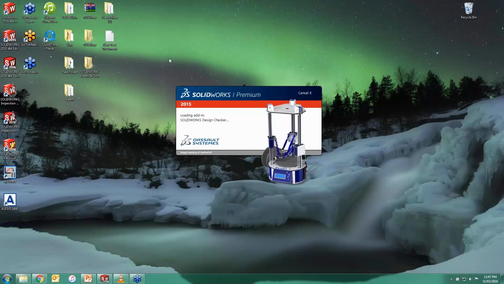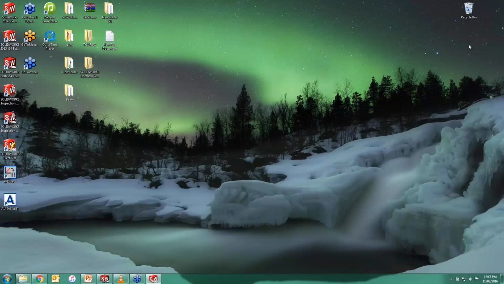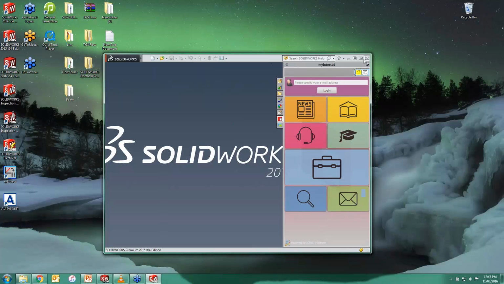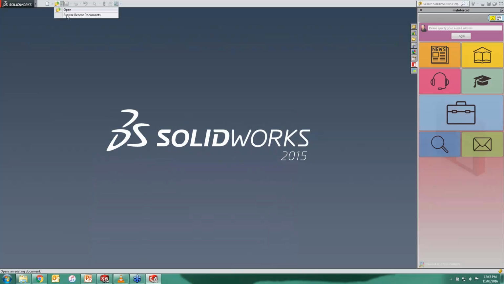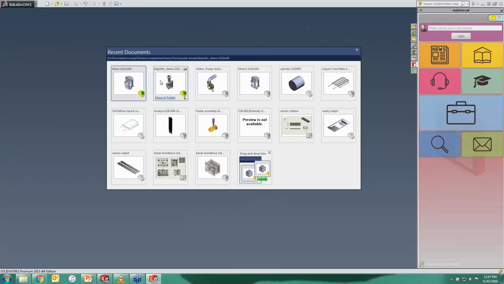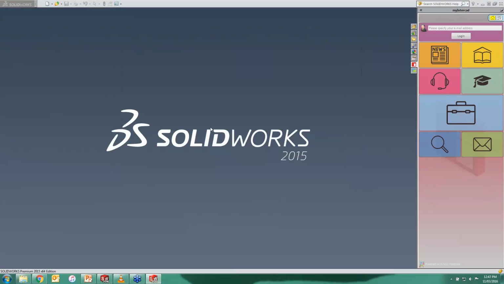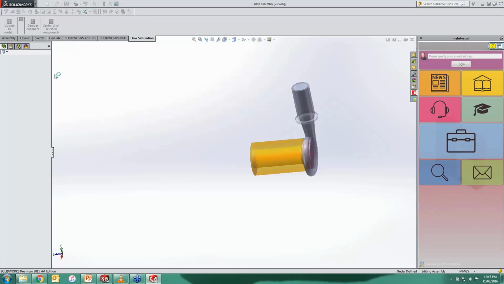Okay, I've got my SolidWorks, and let's bring it to the screen, maximize it, and let's browse the document. Here we are. Alrighty, loading that one, go to my flow simulation tab,